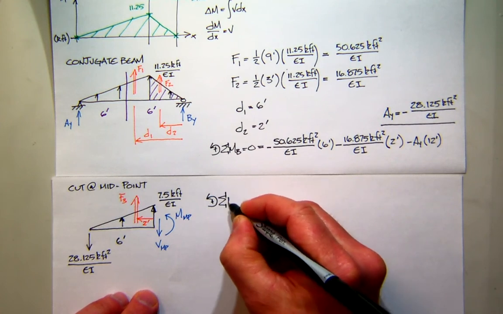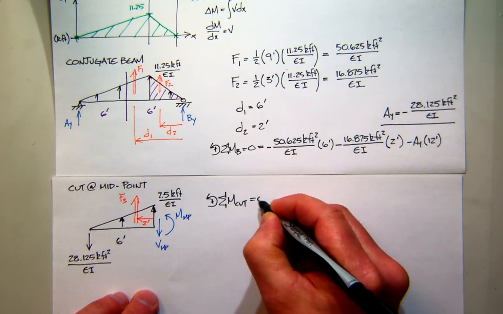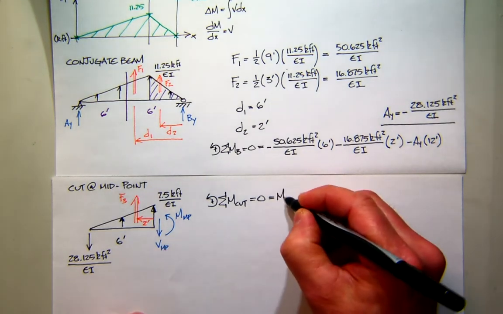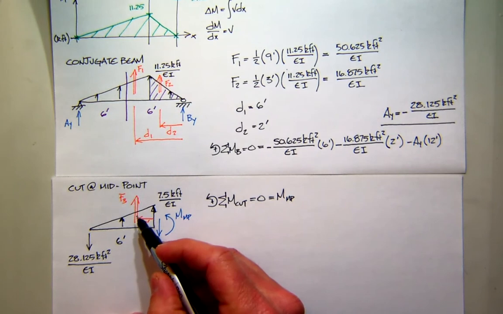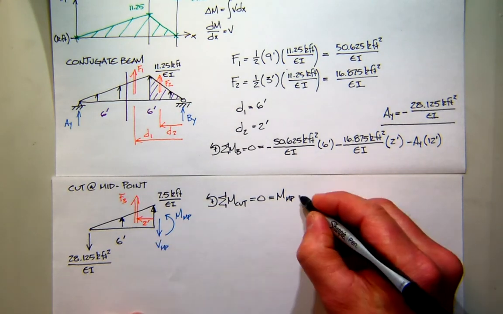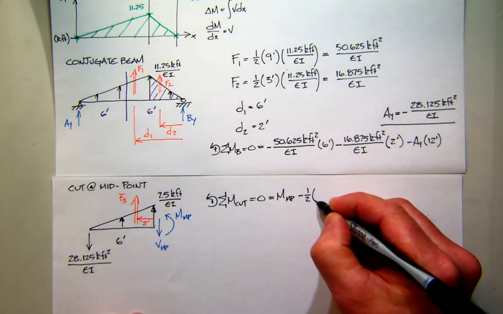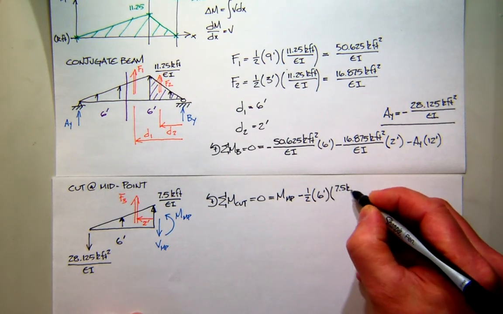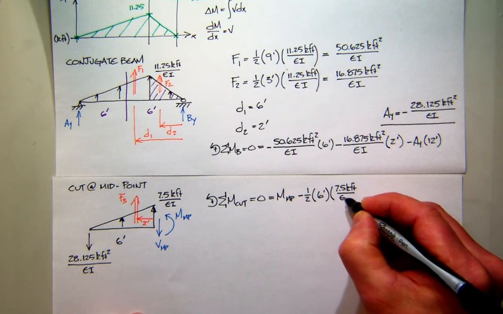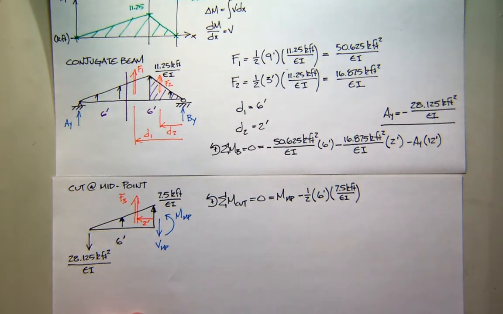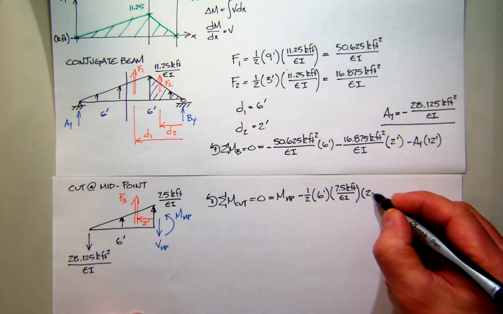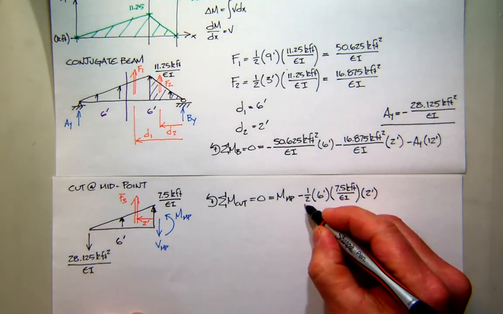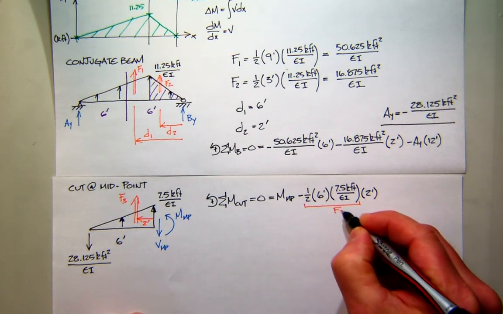So we'll sum the moments at the cut. Make sure they're in equilibrium. So let's start first with the moment that we're looking for. That's positive, the moment at the midpoint. F3 is going to create negative moment, and it'll be 1/2 the base, 6 times the height, 7.5 kip feet divided by EI. So that gets me the force, and then times the moment arm, 2. So again, force